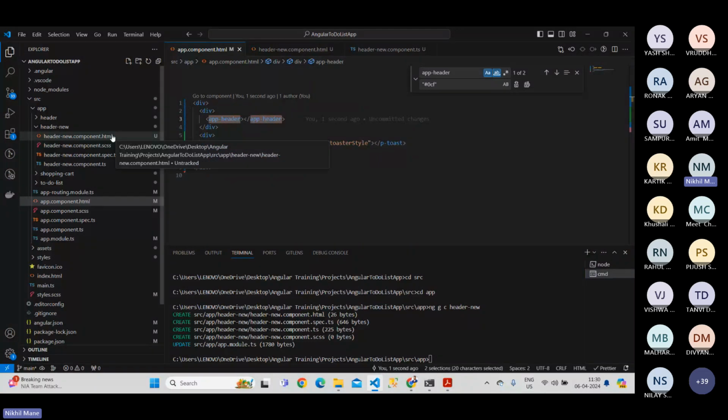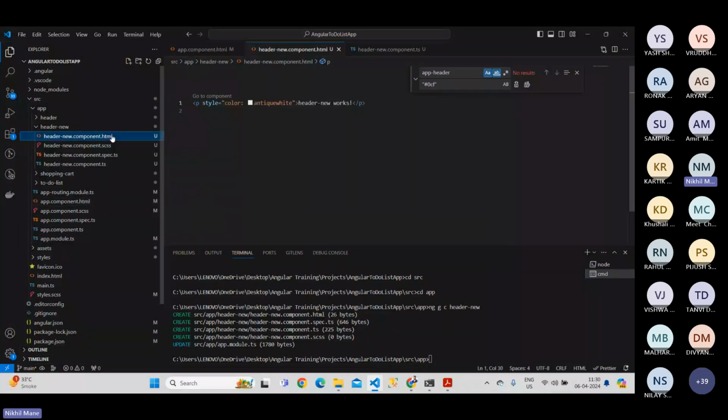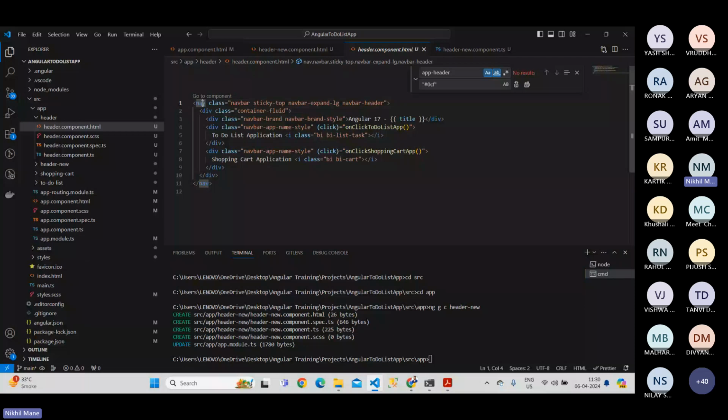But meanwhile, I'll explain what I've added in the header component. I've added a nav bar basically, and given some styling for that header. Inside this there is a div, for which I have also given styling, and pasted some text and